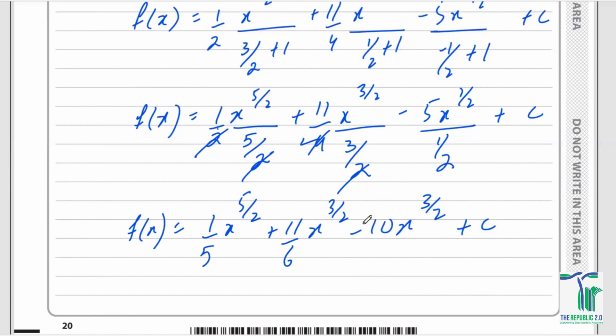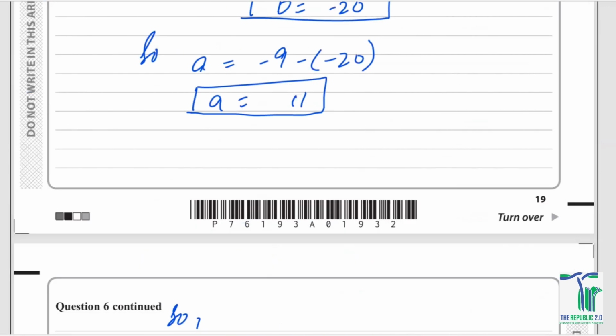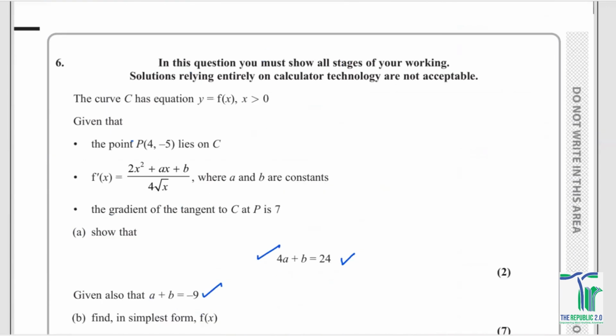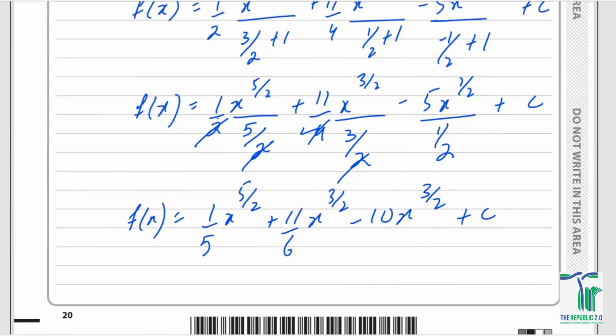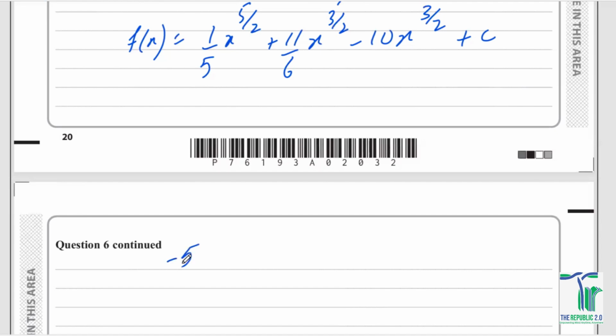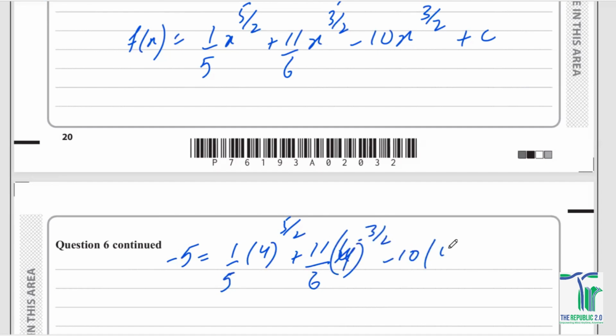Now, the point P was lying on the curve. If point P was lying on the curve and that was 4 and negative 5, you just need to plug this point in that function to get yourself C. So you've got 4 and negative 5. So what are you going to do? Negative 5 is equal to 1 by 5, 4 to the power of 5 by 2, plus 11 by 6, 4 to the power of 3 by 2, minus 10, 4 to the power of